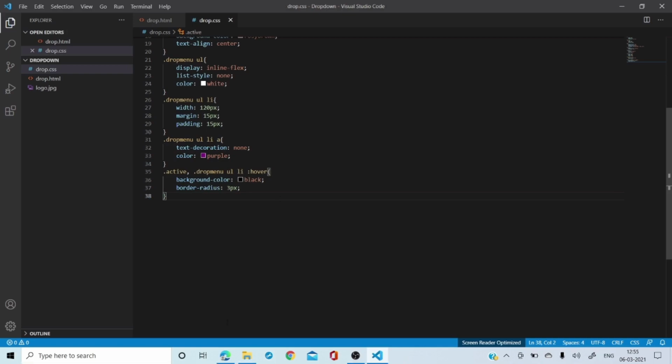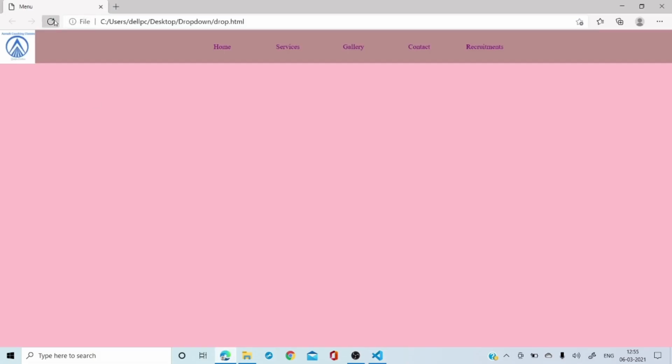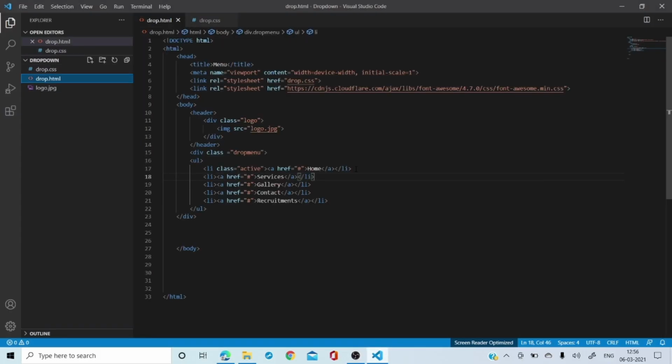Okay, and Control S. Let me now show it to you. Okay, so can you see this? And once you hover on it, see how it looks. Easy? Okay. Now, once you have created this part, observe this very carefully. Suppose I want to create something in the... okay, let me do one thing.